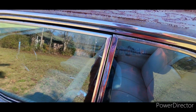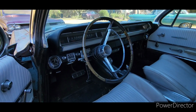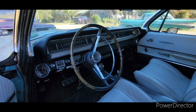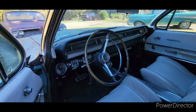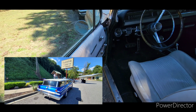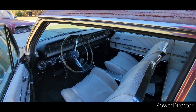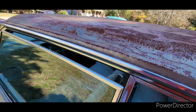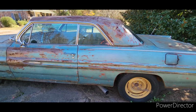But take a look here on the driver's side. Factory air car. Vents are in the dash. You know, I just had a 60 Pontiac wagon that I sold, so I do like the old Pontiacs. They're nice. But again, this is not going to be something I'd keep long term. So I've got to keep that in mind when I'm buying it, and the things that are going to